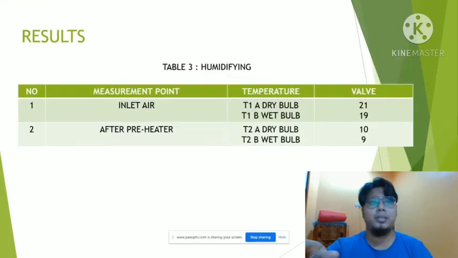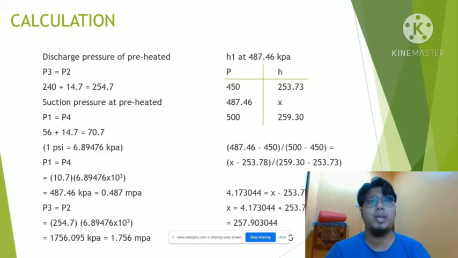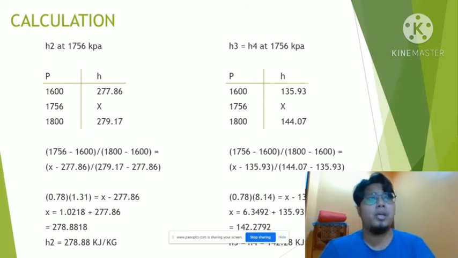Then we calculate H1. For H1, we use the linear equation to calculate the X, which the H1 is at 487.46 kPa, which is between 450 and 500. So we use the linear equation, we calculate the value of X, and then we get the value of H1. X is equal to H1, 257.9 kJ per kg, as you can see. Okay. Then we calculate H2 at